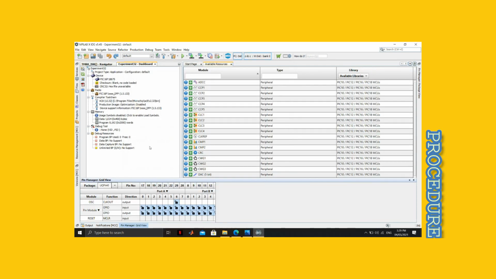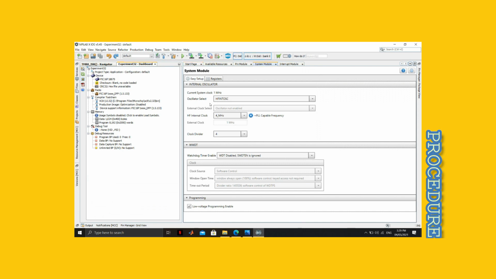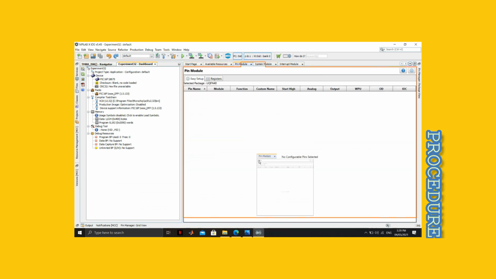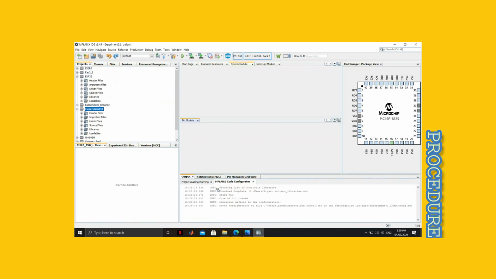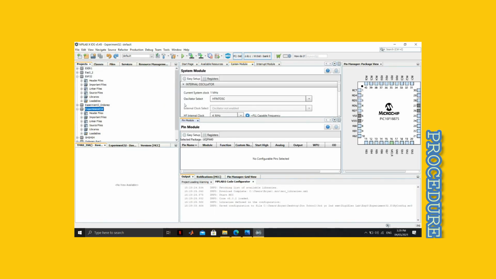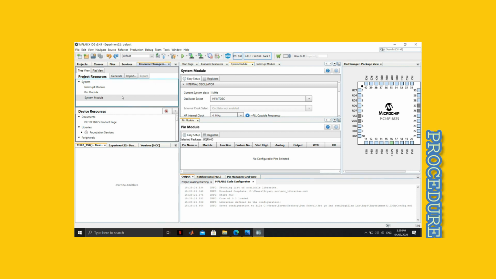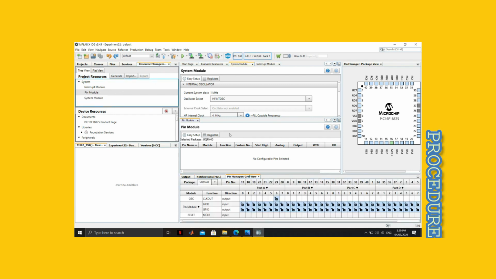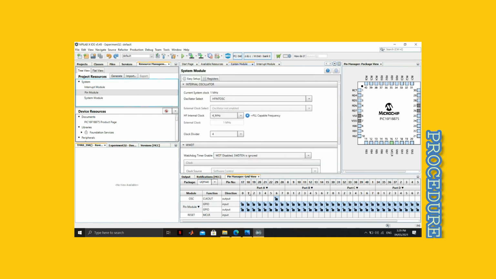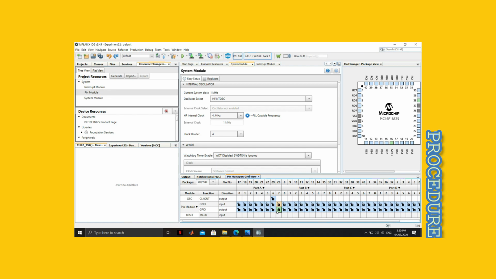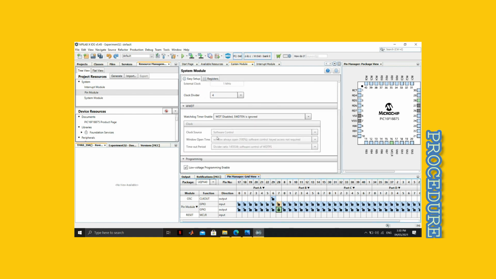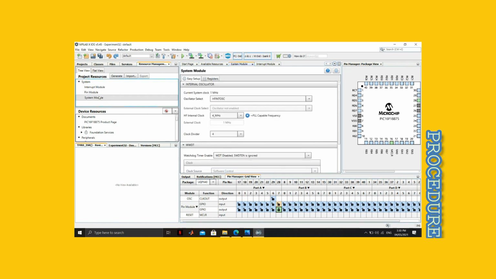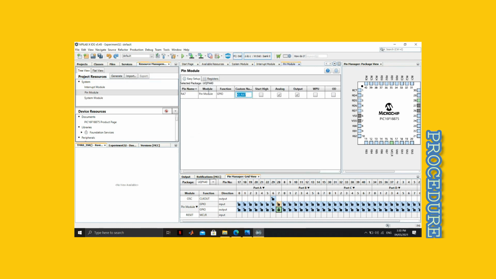So here we would select the pin module, port A7, then settings the same as before. For the pin module, I'll name this as D5_LED, uncheck the analog, then